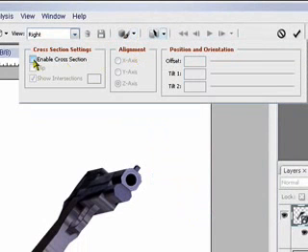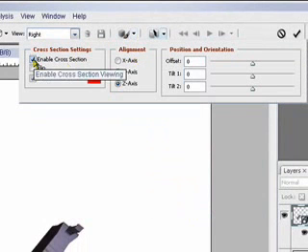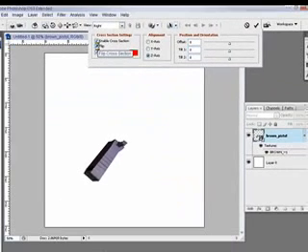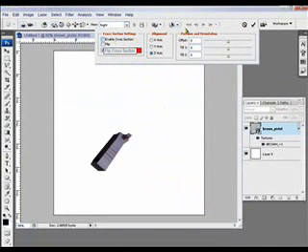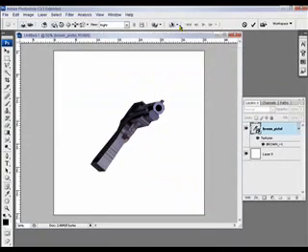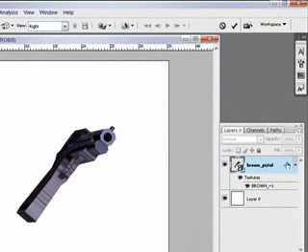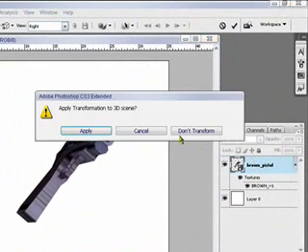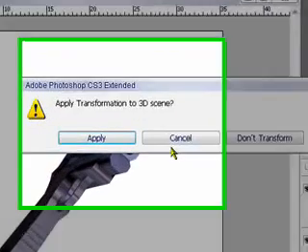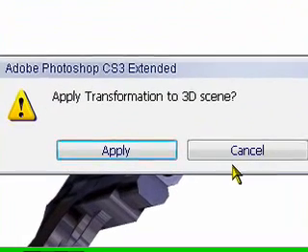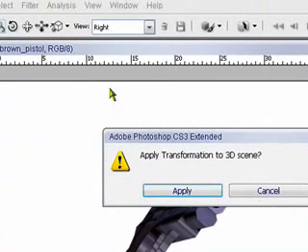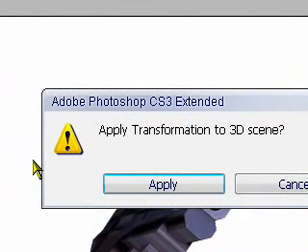This one, this will enable cross section, so it will cut it in half, and if you flip it, it will show you the other half. So I'm going to uncheck that and uncheck that. Go up. Now with this you can, sorry, I made a mistake there. Once you've moved the object using any of the tools above, you have to apply the transformation just like you do any other object when you transform it. So I'm going to apply that transformation,